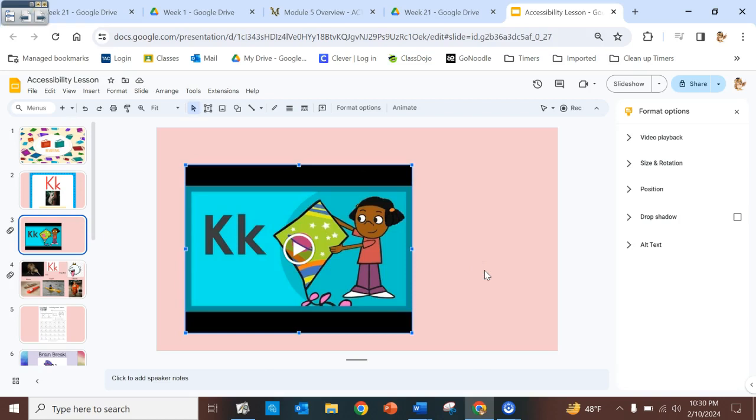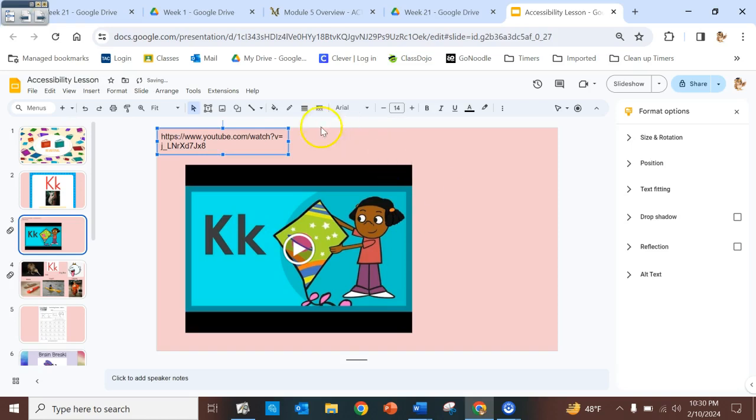You can also put your own links into the slides. So let's say I find a different video that I want to put in for kids for later. I can find the song that I want, let's say another letter K practice song. Maybe I want to put that in there. You want to make sure that you hit the space bar to turn your link green or bluish